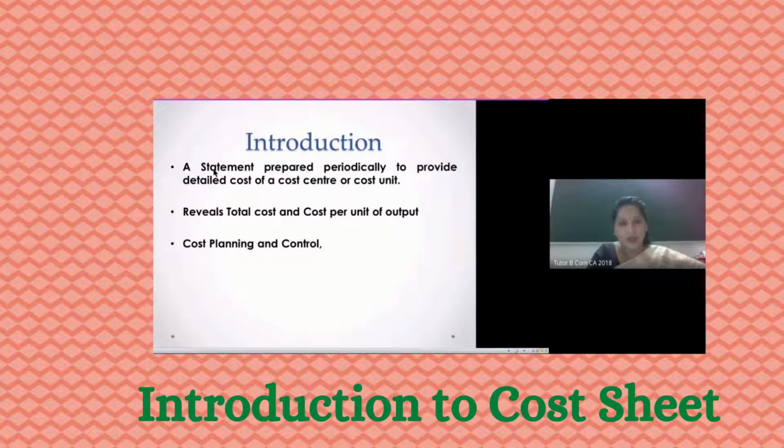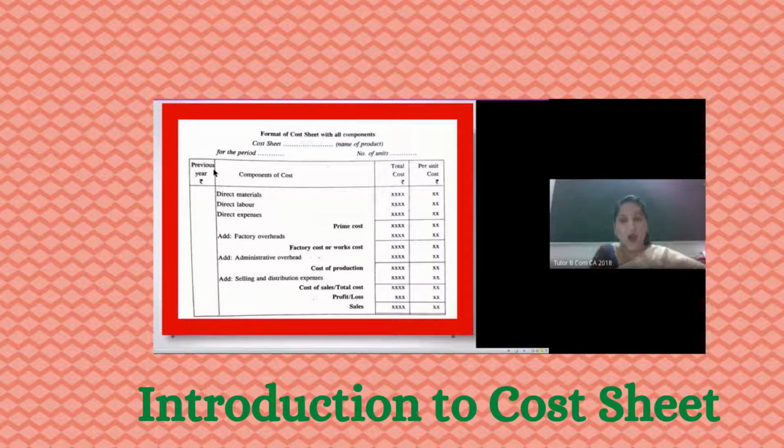Now let's look at the basic cost sheet, or how it looks. In front of you, I have put in a red box the basic pro forma of a cost sheet. This is the pro forma with which we started our class in the beginning, because in order to reach this stage, we are learning all these: how to compute material costs, factory overhead and factory expenses, labor overhead and labor expenses, and other indirect expenses.